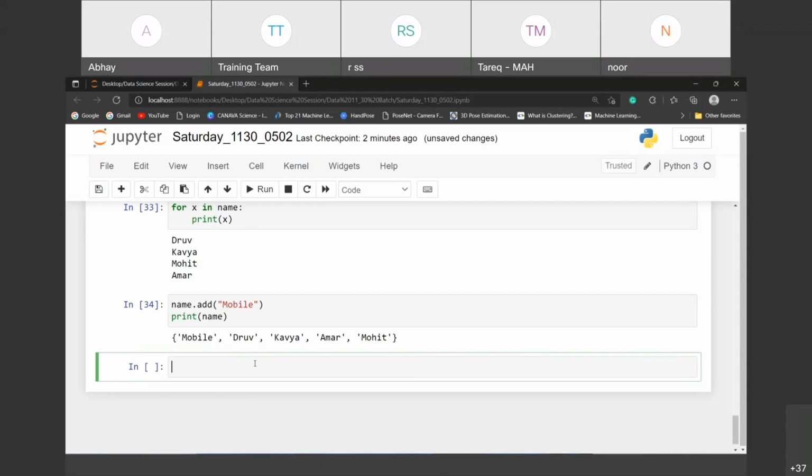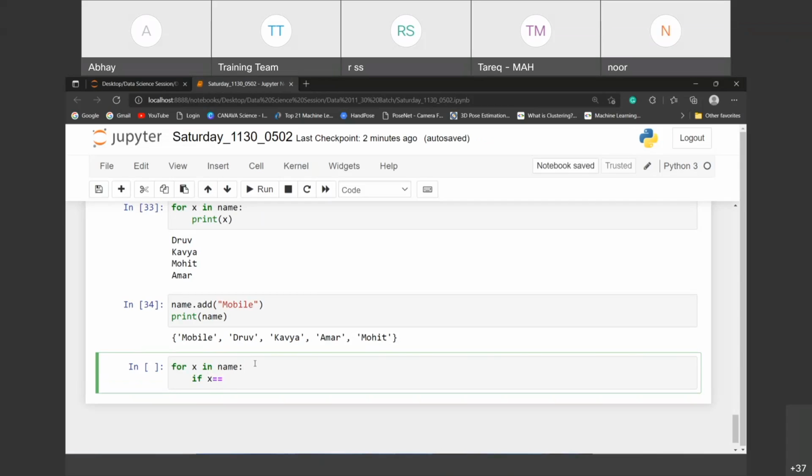Now I'm going to do one thing here: for x, x is equal to double quote. Yes, Rahul. Yeah, better than us.